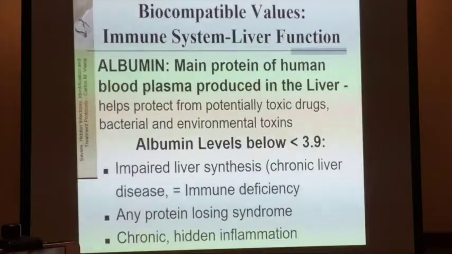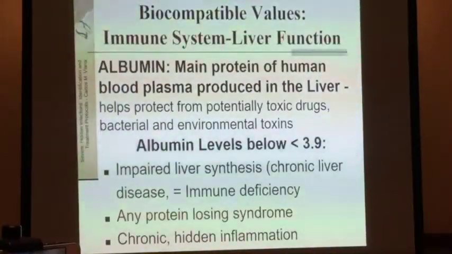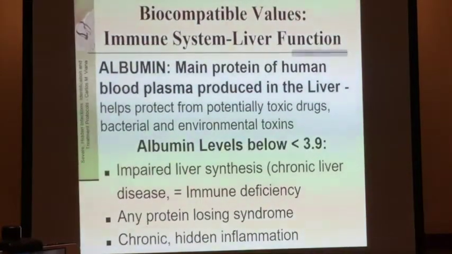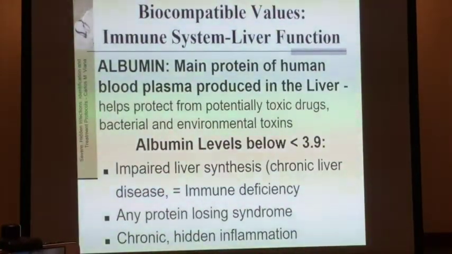The other thing we're looking for is albumin. Albumin is produced in the liver. It is the number one protein in your blood. It is responsible. It is your immune system gunslinger. It's incredibly important. And when we know that your albumin is less than 3.9, we know that the liver is not up to par,